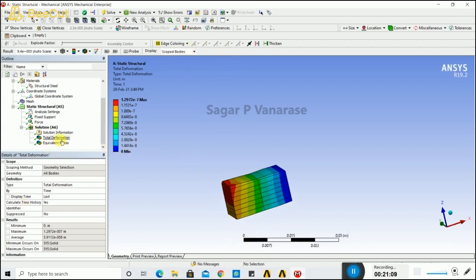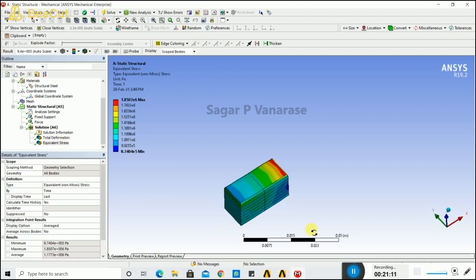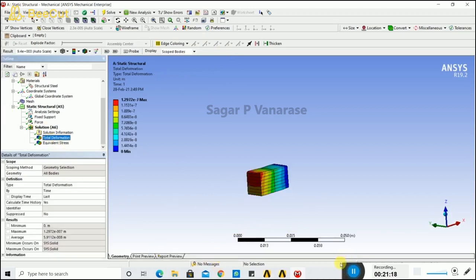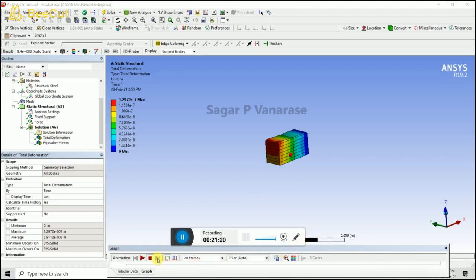Different colors describe the various deformation values. Maximum is 1.270 to the power of 7, that is the maximum deformation, and minimum is 8.74 to the power of 5. So this is the total deformation occurred on our object.